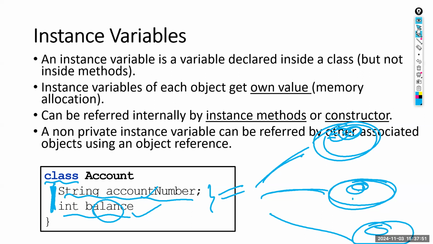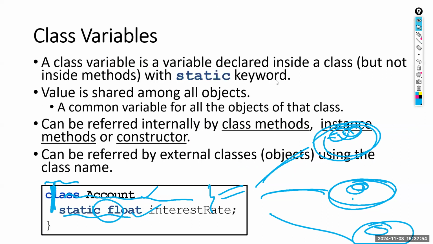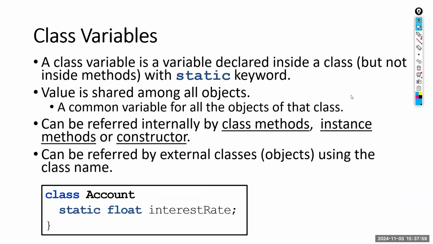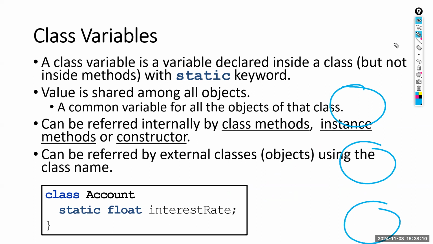So then you have class variables. A class variable means that the value is shared by all the objects of that type. It is not that every object gets its own value. Every object is looking at the shared value. And if one object changes it, others can also see the new value. They also access the new value. So that kind of variable is called a static variable or class variable.